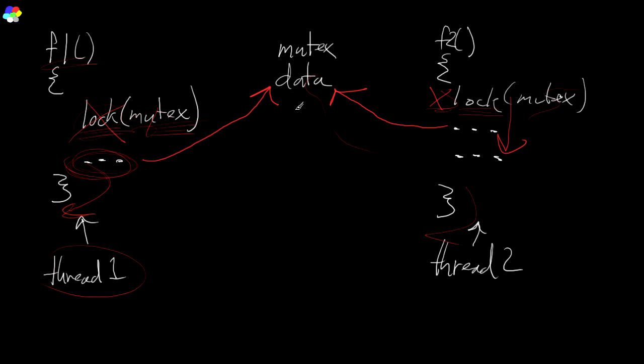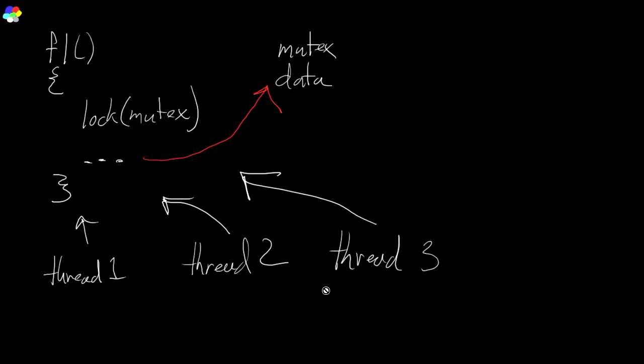So if you've got some shared data, you need to protect it with a mutex. Similar situation you can see here. Same deal. You've got multiple threads, all accessing the same data. In this case, they're all calling the same function, which is fine. The same function can be called from a bunch of different threads. It doesn't make any difference. It's the same thing. You lock the mutex and you